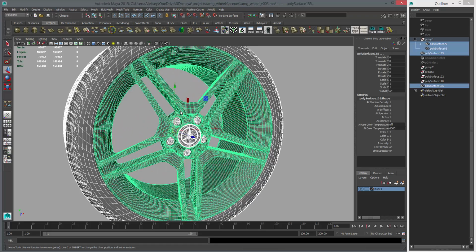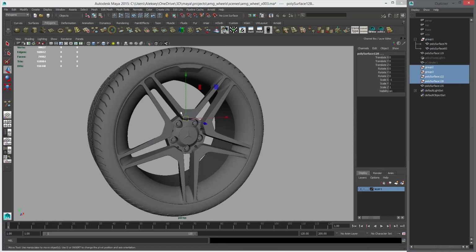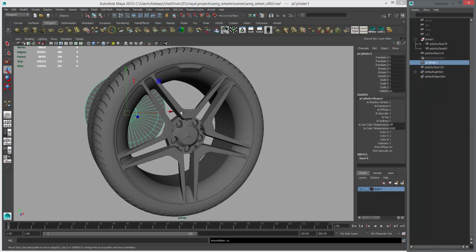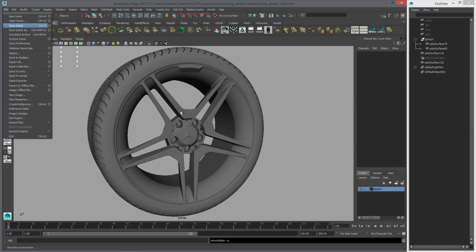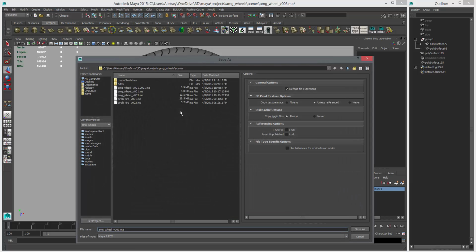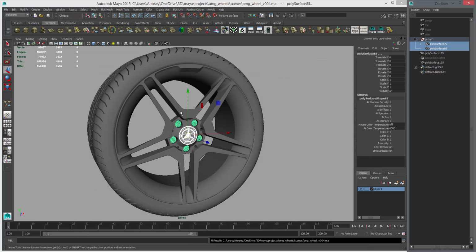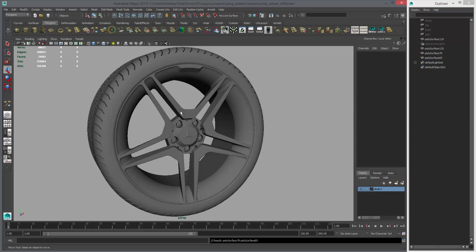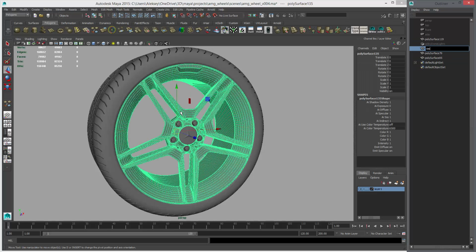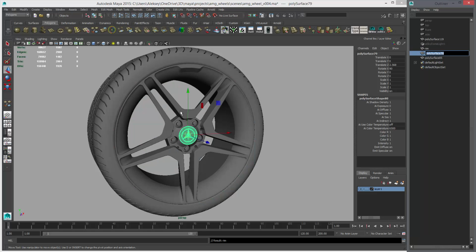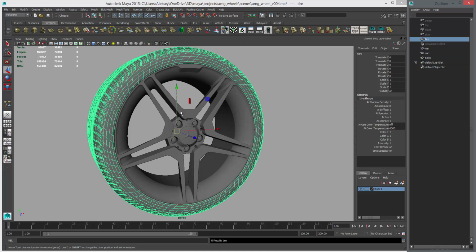So you can select everything. I do this after I finish a model. What is this? Let's get rid of that, and let's just save this, save scene as a new version. Okay. Let's get rid of that. Okay,